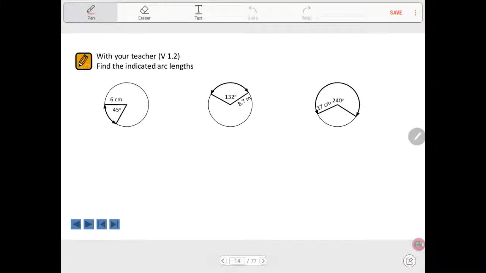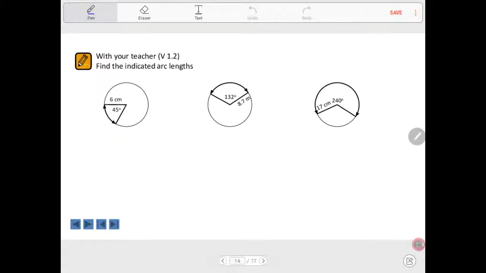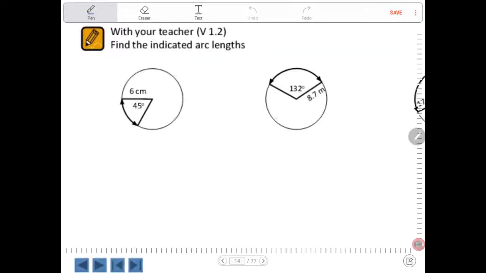So let's try these examples. I'll go ahead and do the first one. If you want to pause the video at this stage and have a go at them on your own, you can, and then check your answers, or you can just watch this one first and then try the next couple. Okay, so